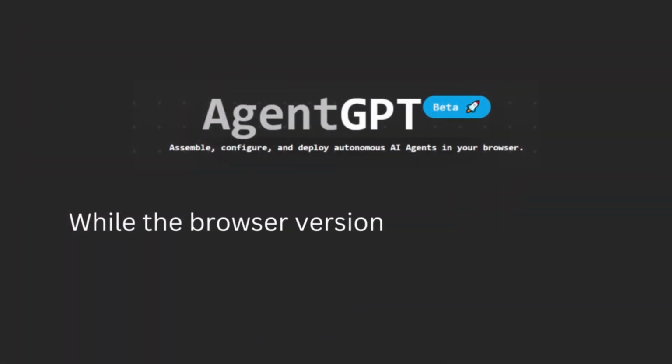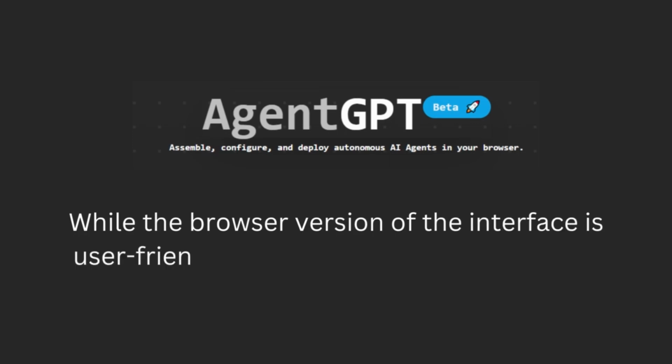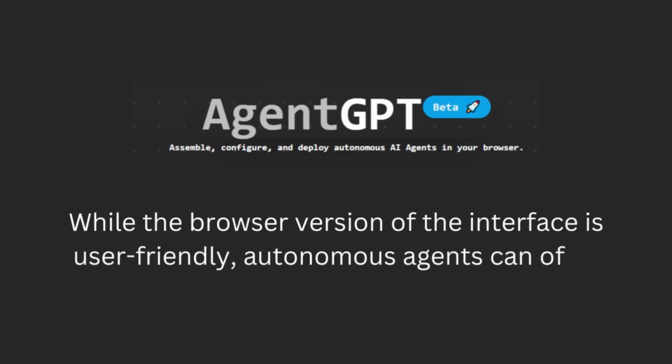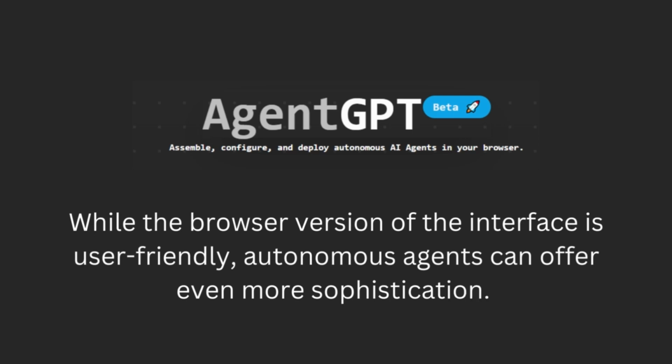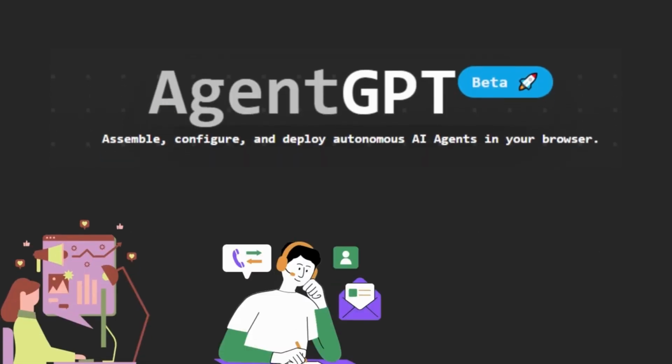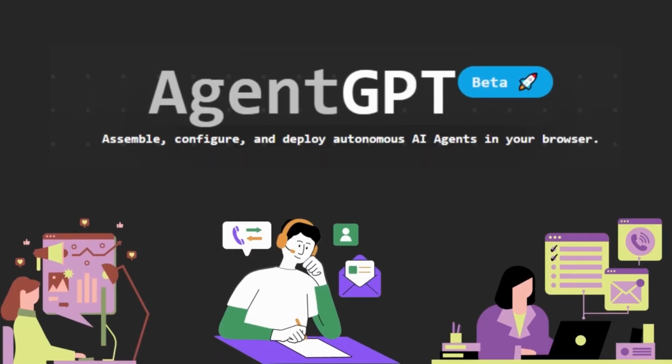While the browser version of the interface is user-friendly, autonomous agents can offer even more sophistication. So, if you're looking for an AI-powered assistant to help you complete a task, look no further than Agent GPT. Try Agent GPT today and see how it can help you